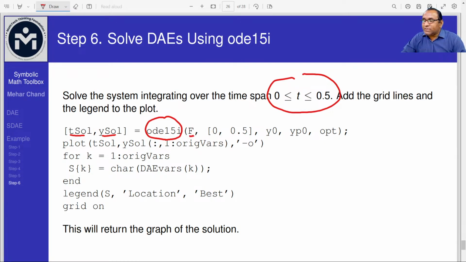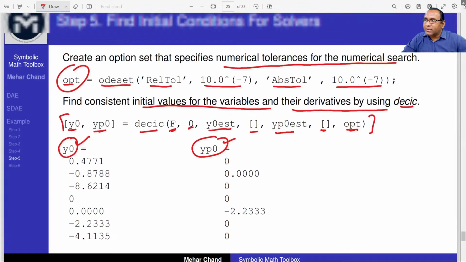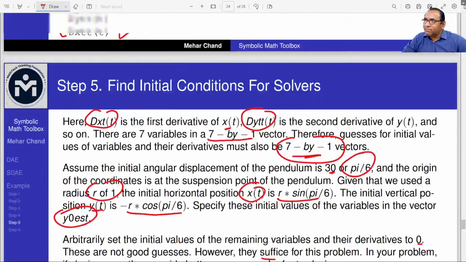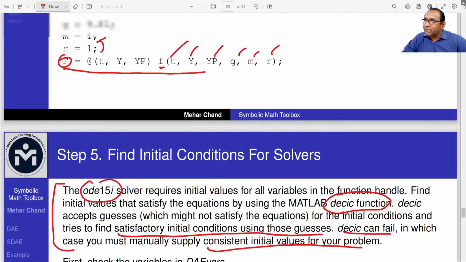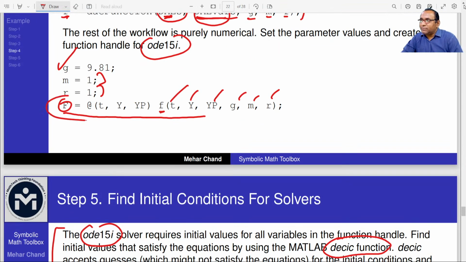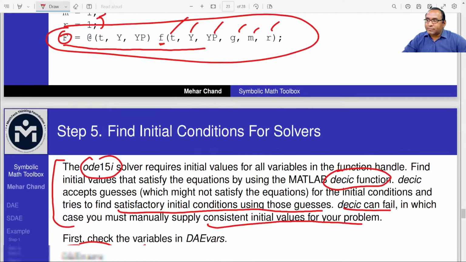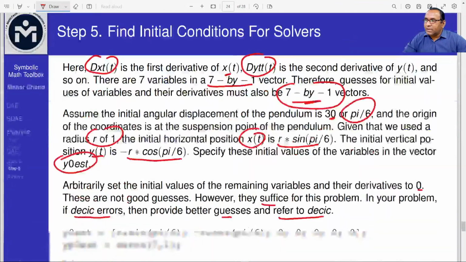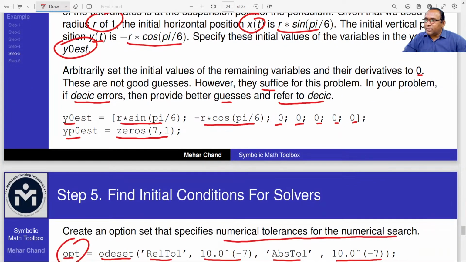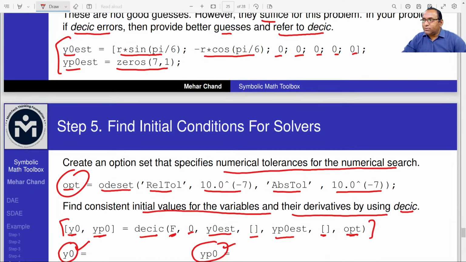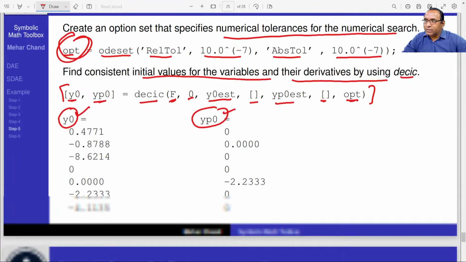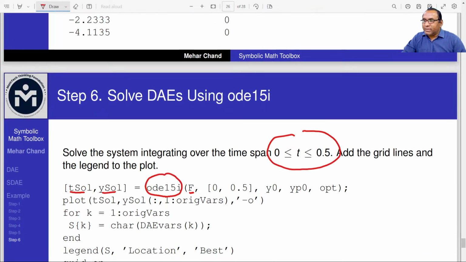We have the f function which is involved. Note this step very carefully. Yes, this is the f function. This will be passed at this place, and also these values will be passed, and also OPT. See here, now this is the